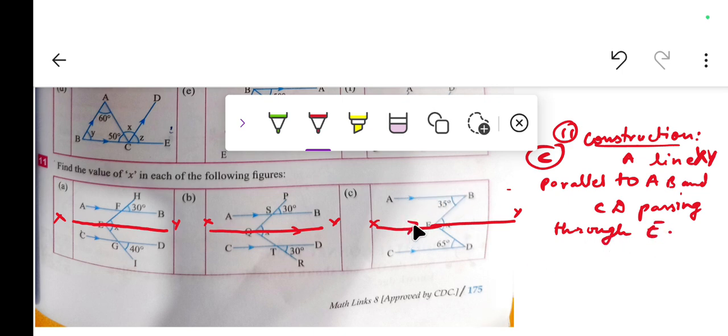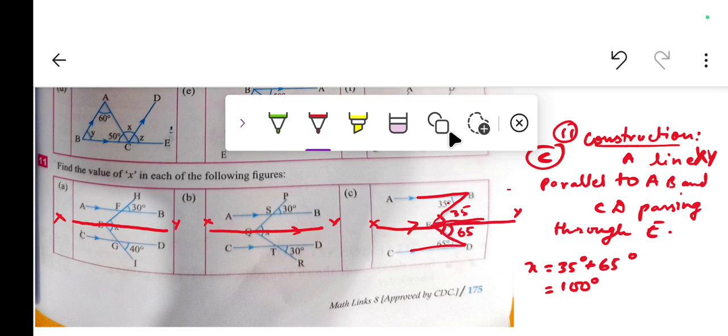Now what do we see? This line is parallel to this line, so it is forming an alternate angle. You see over here, alternate angle. If this is 35, this is also 35. And over here also, with the down line, it is forming alternate angles. If this is 65, this is also 65. If this is 35 and this is 65, x is the whole. X will be equal to 35 degree plus 65 degree, that is equal to 100 degree.